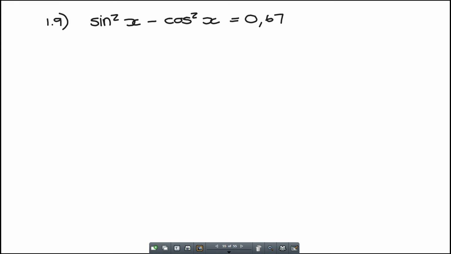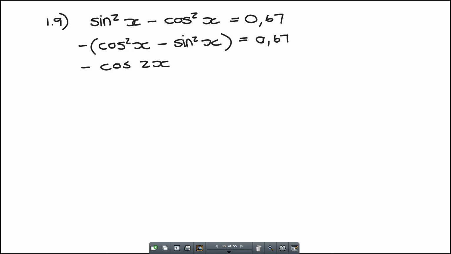So kyk gou, ons sê, let's take out a negative. Then it would be cos squared x minus sin squared x. En dan lyk hy eintlik soos cos 2x. Met ander woorde, cos 2x is dan nou minus 0,67. Do you guys agree? Okay, so that's one option. So according to that,